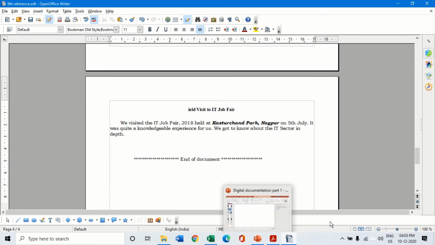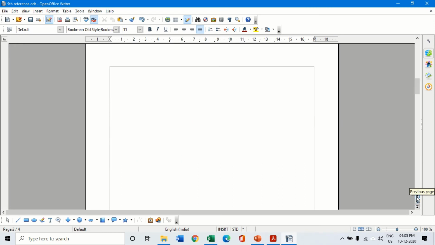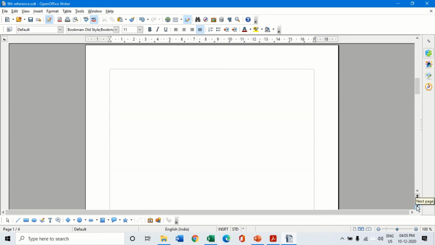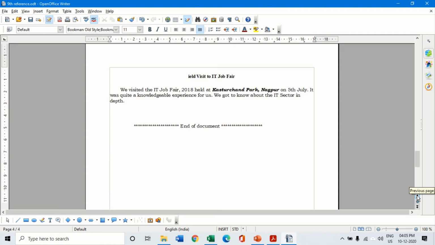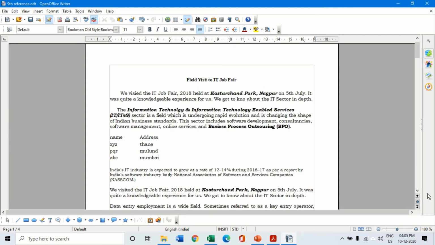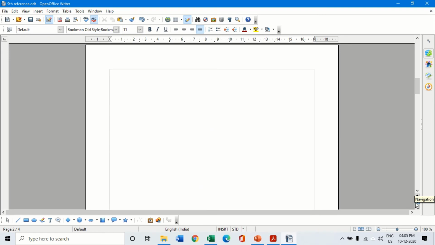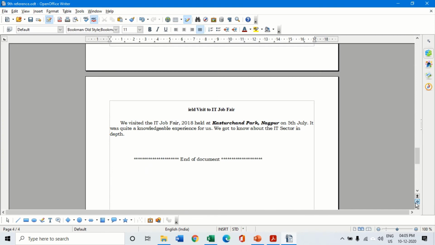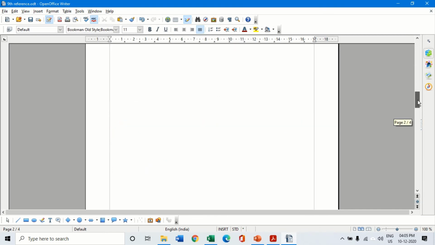In between, if I want to move to the previous page or the next page, I will simply click on the previous page or next page option here on the scroll bar, on the right hand side. Control plus Home will take me to the beginning of the document. Control plus End will take me to the end of the document. So these are the shortcut keys for moving around the document.